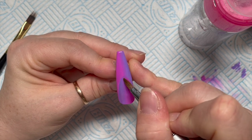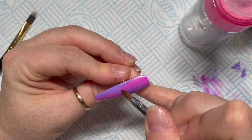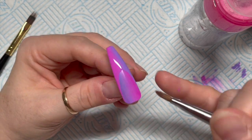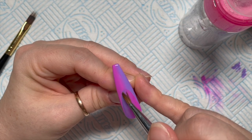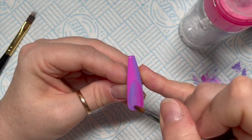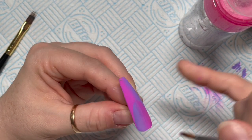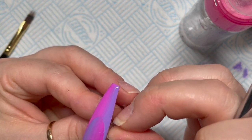But you can see now we've got this ombre nail bed and then this ombre French, and I think this is really cool. I didn't know what to do, actually. I was struggling again for nail designs, and this particular design popped up 3 times in one night. And then the following morning I saw it as well, so I thought this is a sign that I've got to do this tutorial. And actually I really like these. I think they look amazing. I can imagine them being a lot fiddlier doing them on a client's hand, but